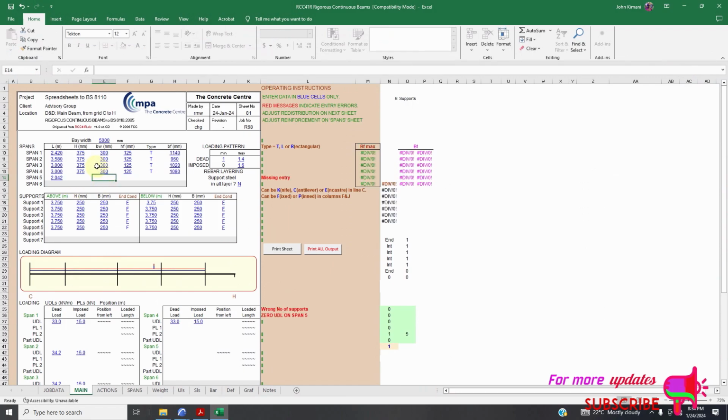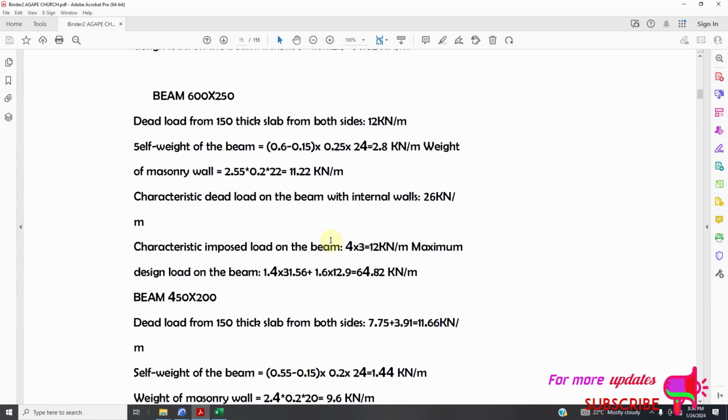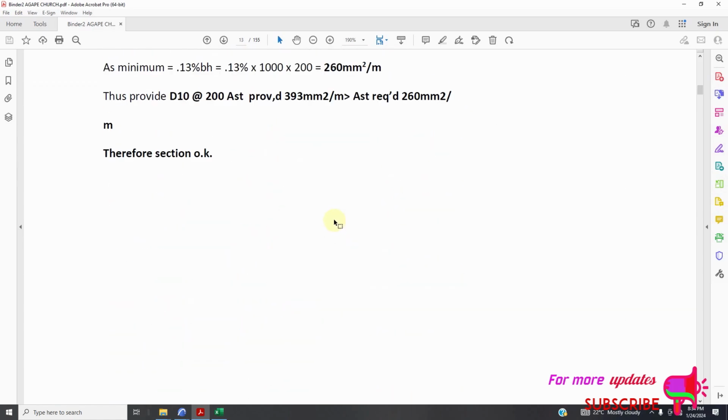Okay, now I will change my cross section, that is H and B. That is the height, the depth of the beam, and the width of the beam, based on my design. So if I go here, where I did the calculations,